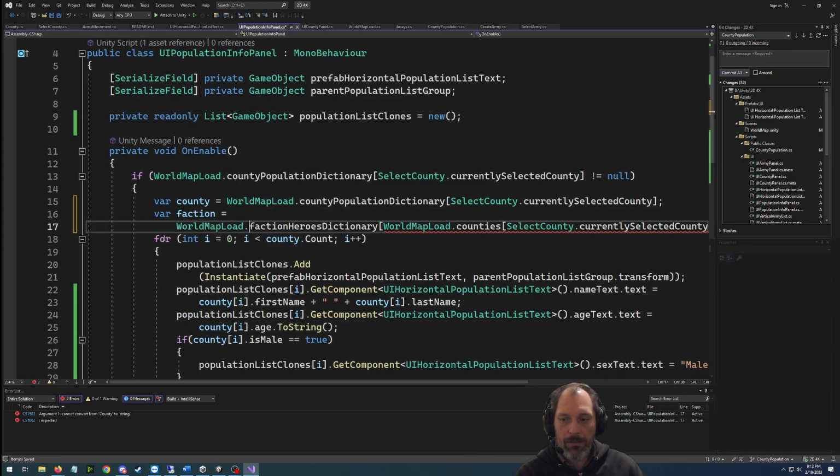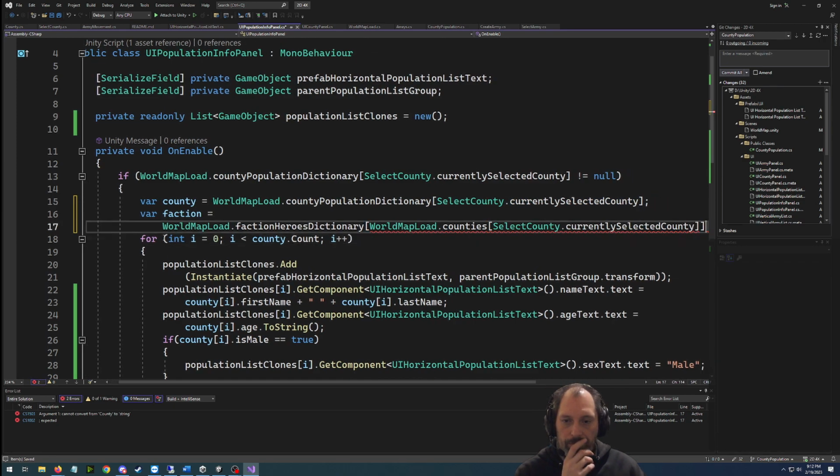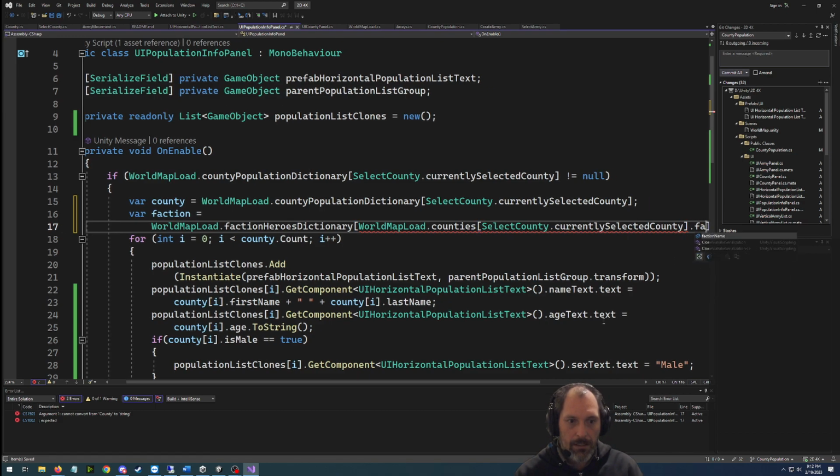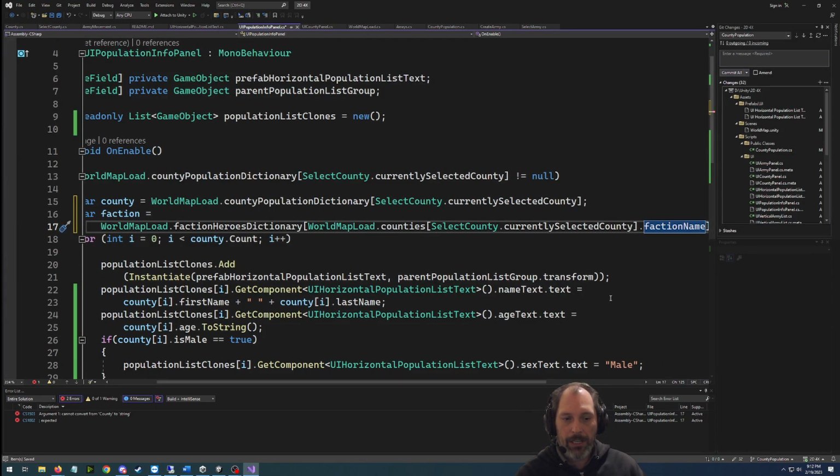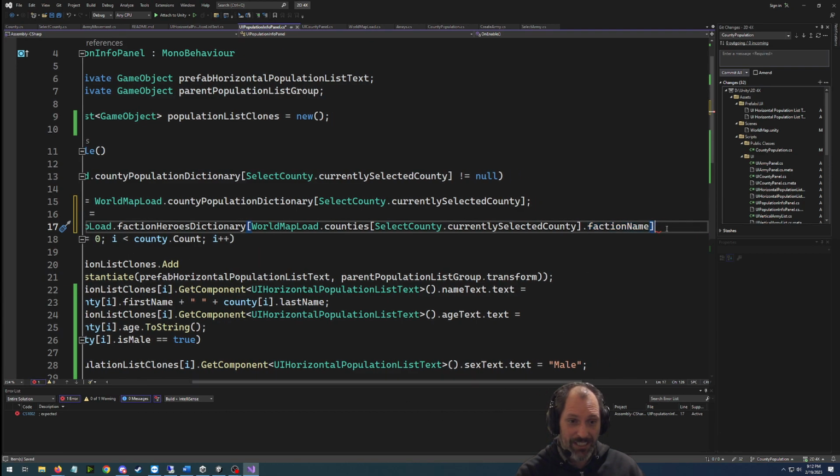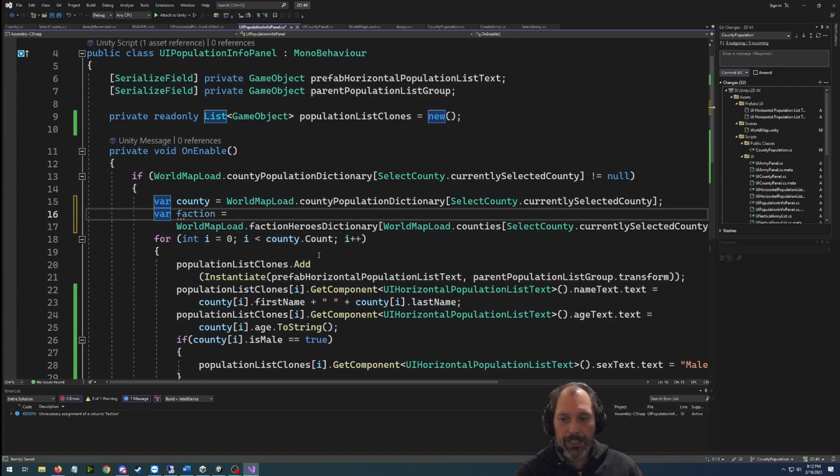It's so long that I can't even see the whole thing, even on a new line. Dots. There we go. It took a minute of mentally going through all that. Okay, so that's going to get the faction name,